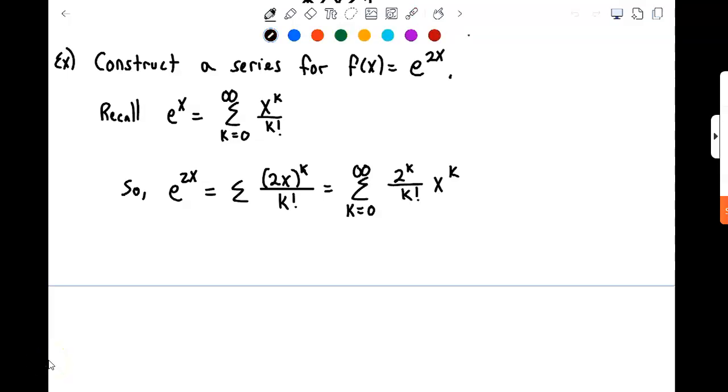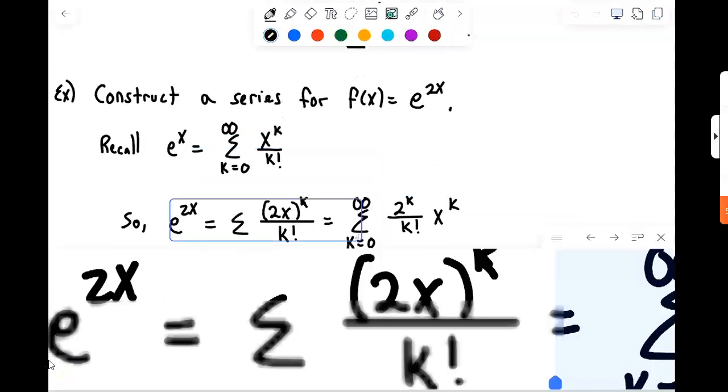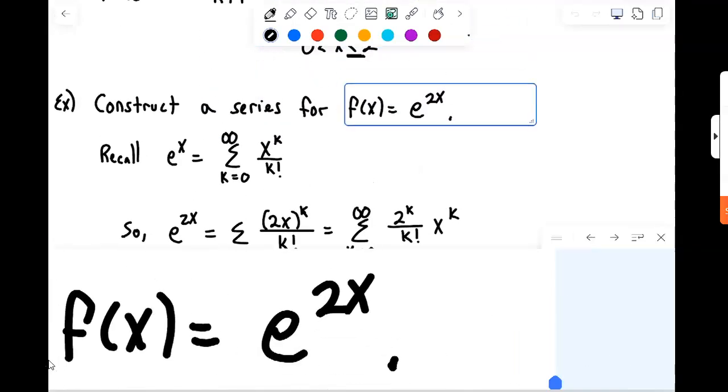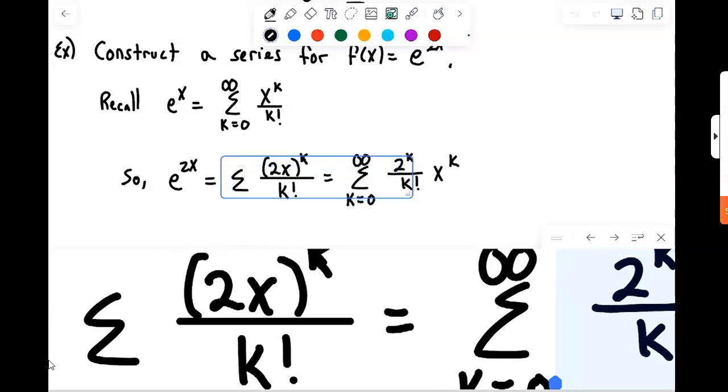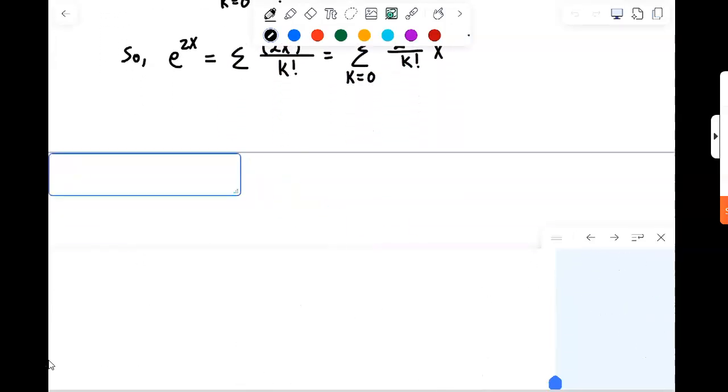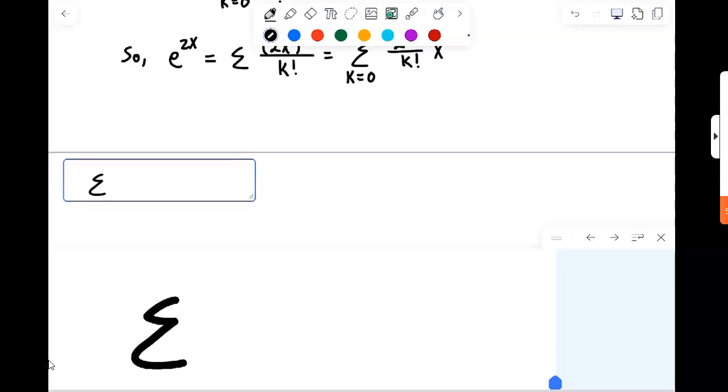Okay, in the previous video, we constructed a power series for e to the 2x. So we used the idea that we could substitute the 2x into the summation. Well, with that idea in mind, let's now generate a series